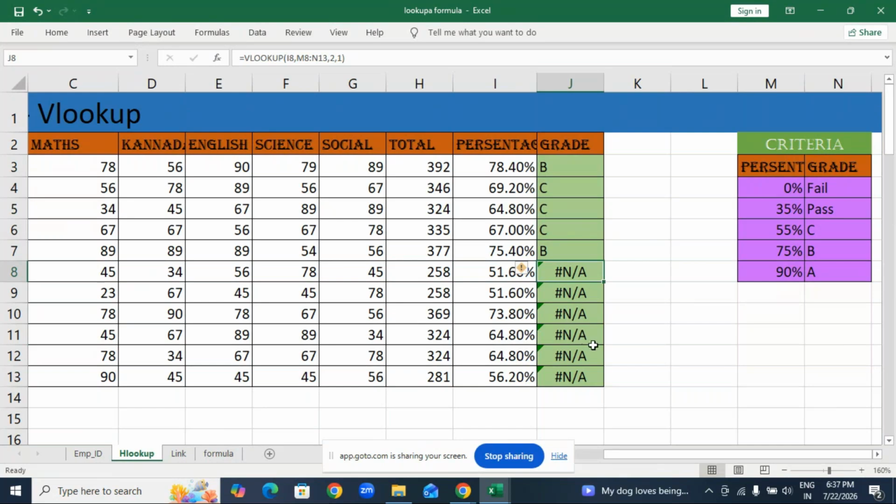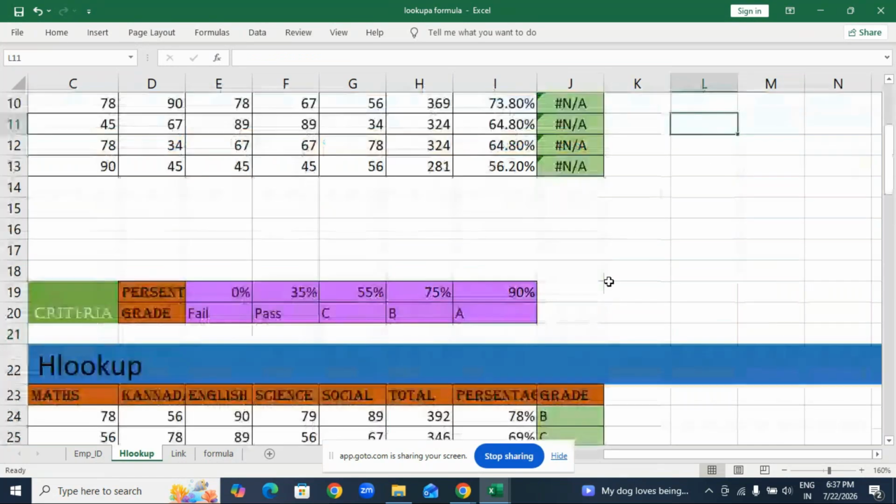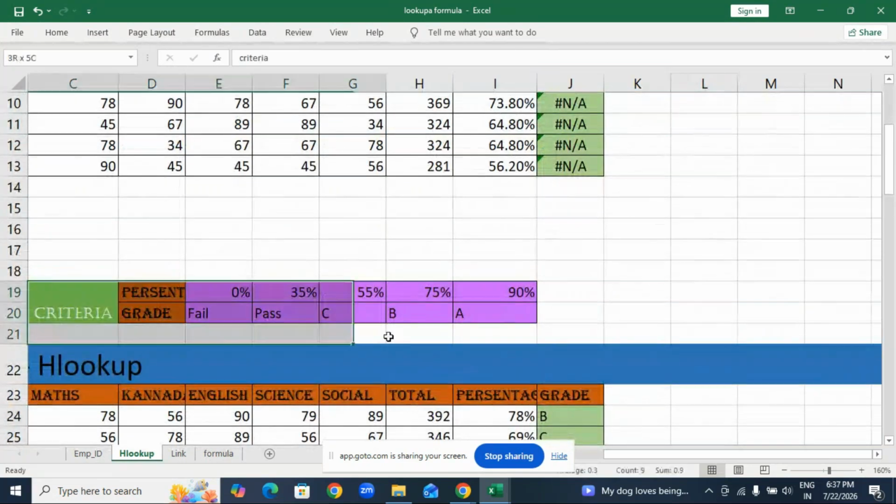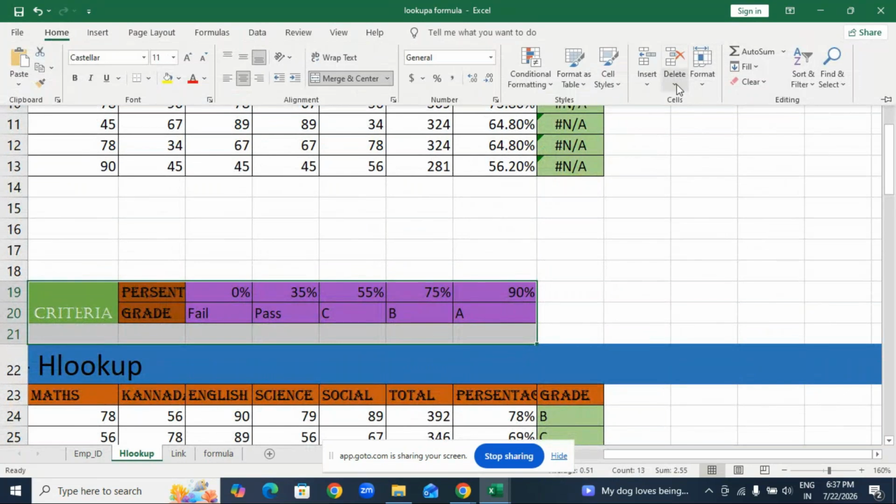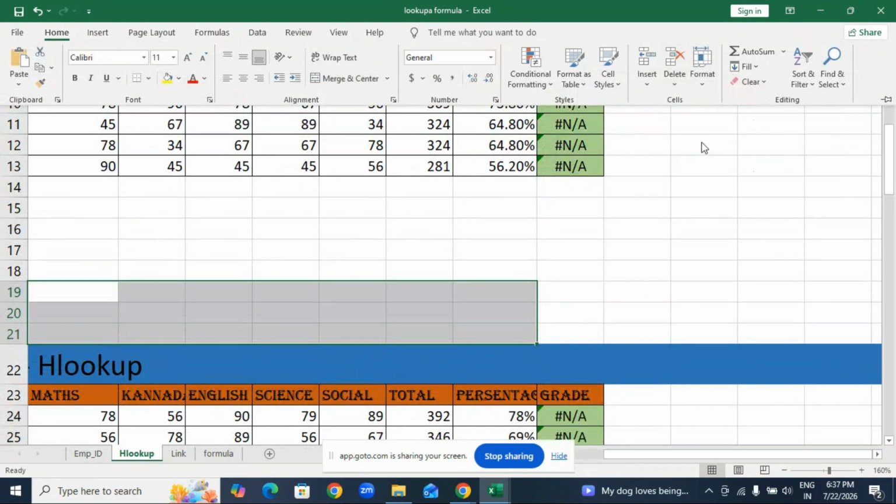Now what I want to do here, come down. So I'm going to delete this data. Okay,